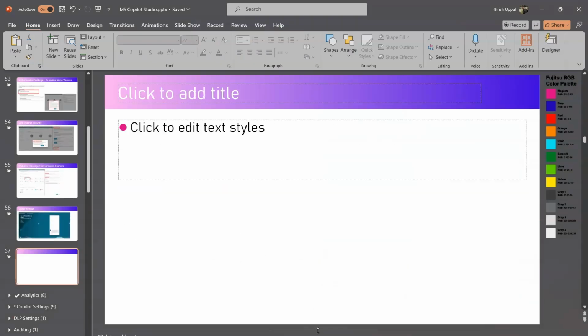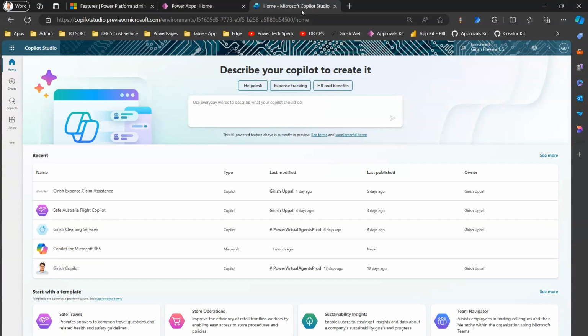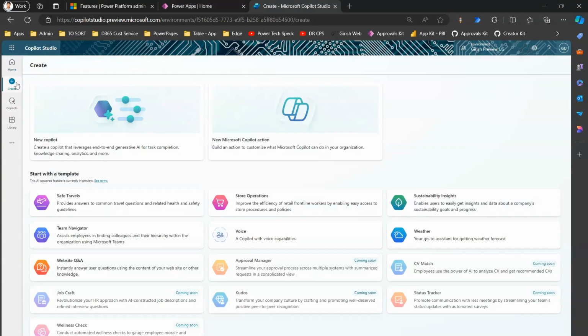So let's jump into the demo. Let me go into Microsoft Copilot Studio and create a bot first. If I click on create, then I can either create a new Copilot, I can create a new Copilot action, or maybe I can create it from a template. So if I create a new Copilot,